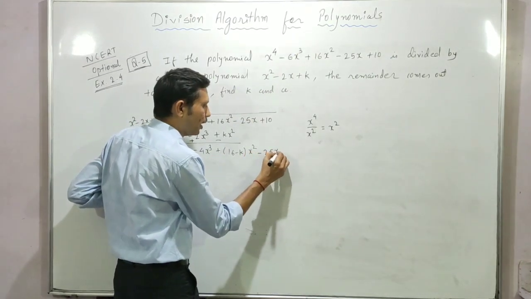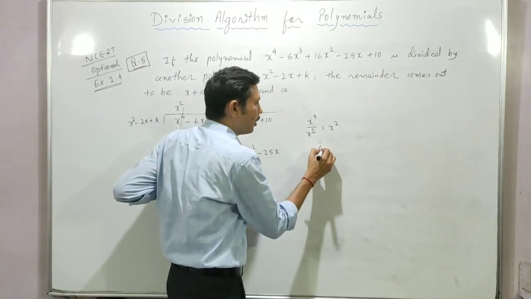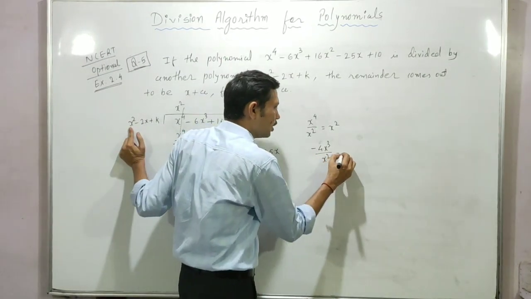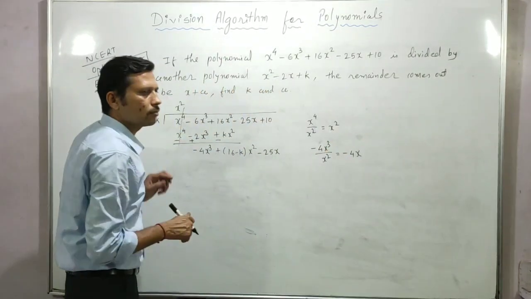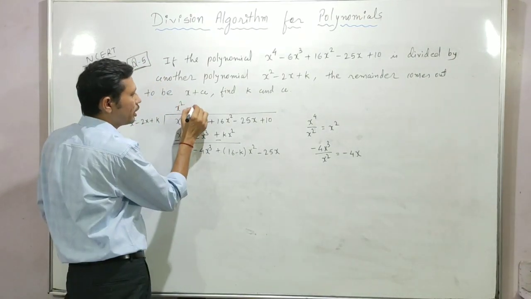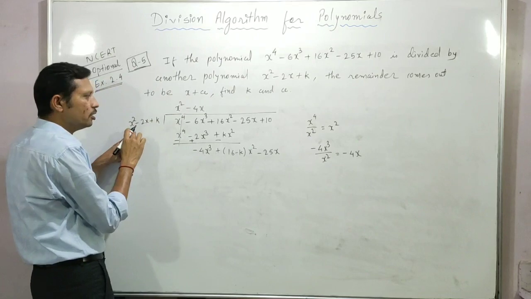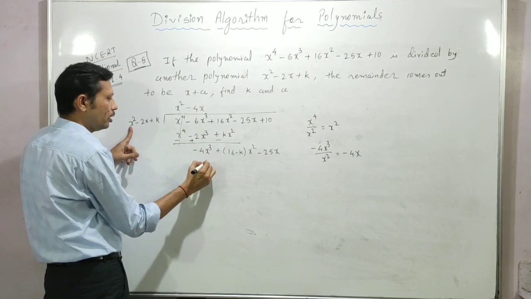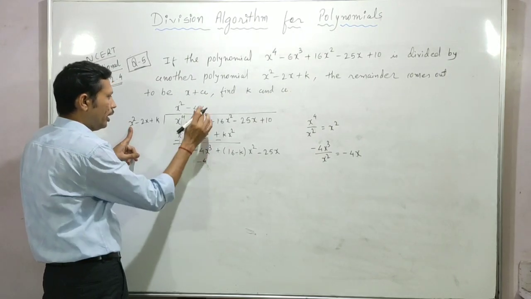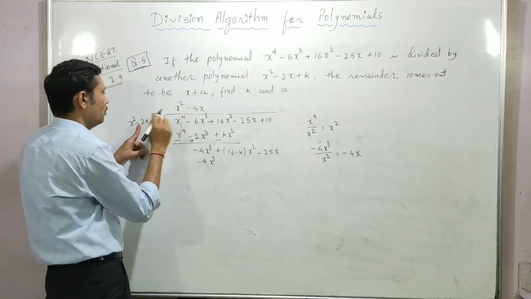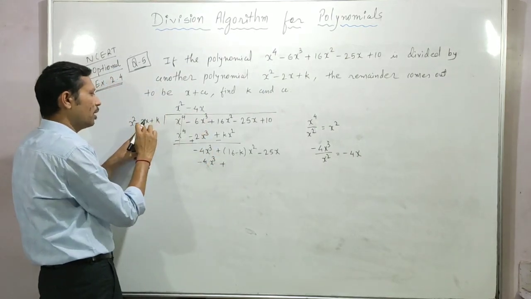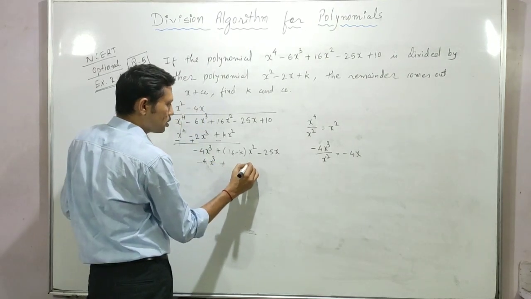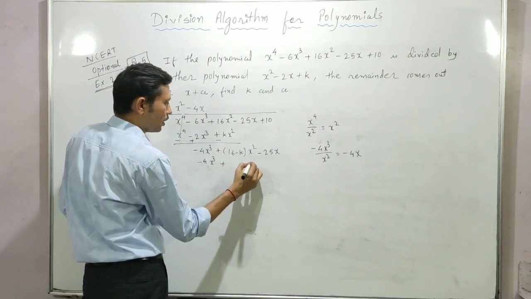Then minus 25x. Now first term of the dividend minus 4x cube, that we will divide by the first term of the divisor, that is the x square. So what left? Minus 4x. Okay, so my second term of the quotient, that is the minus 4x, I multiply here. So plus minus minus 4 ones are 4 and x multiply with x square, x cube, minus minus plus 4x multiply with 2x, so 4 2s are 8, x multiply x, x square, so plus 4 2s are 8x square.